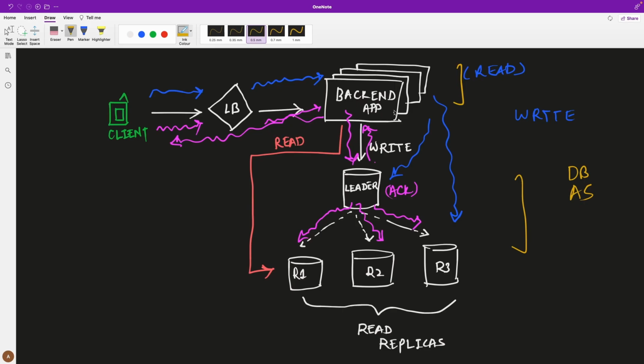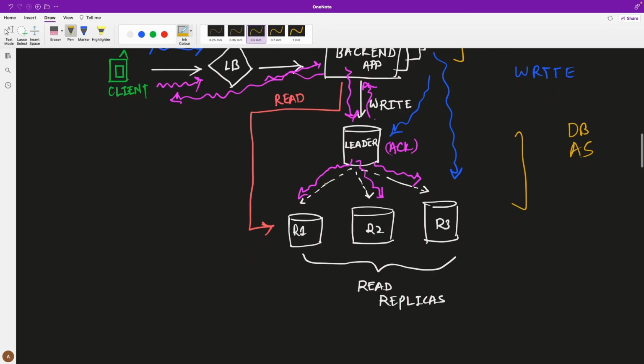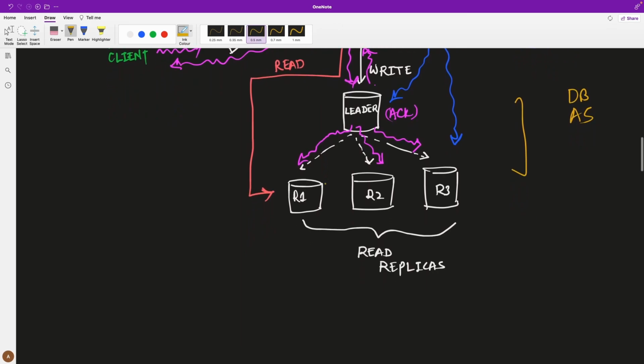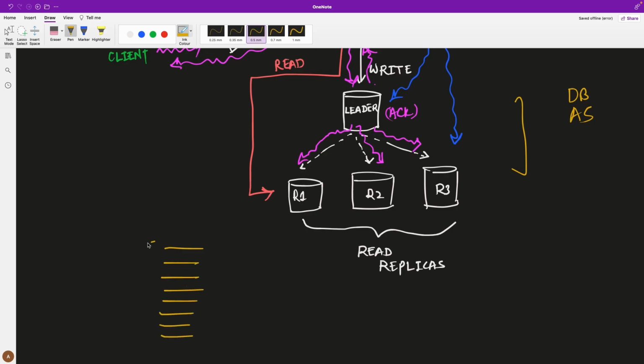Now your backend is writing more and more data to the leader, right? Over a period of time, the data in the leader node will become huge. Obviously, when you get more and more requests, you will be writing more and more data to your databases. So let's say this is your database master.